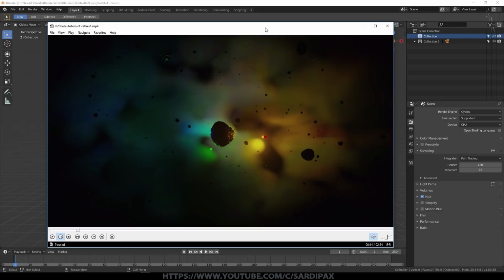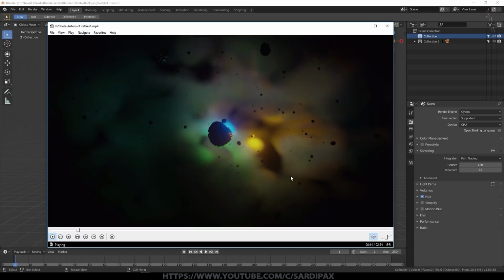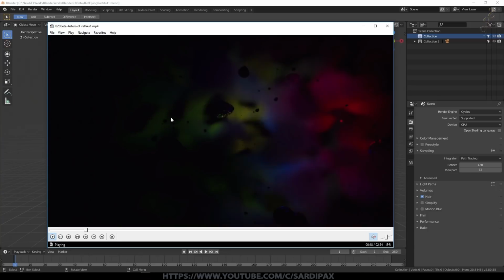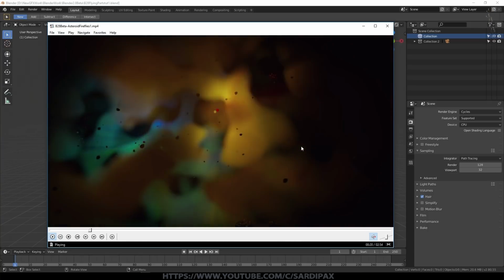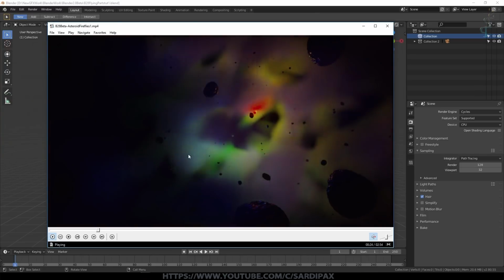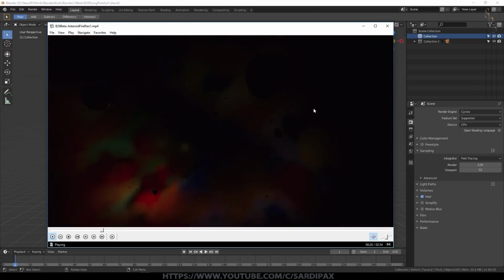Hi there. In this Blender 2.8 tutorial, I'm going to use the Eevee renderer to create a scene something like this. So we've got a number of things going on here. We've clearly got some volumetrics here, some volumetrics that's not homogeneous, there's holes in it, so to speak. We've got what you might call asteroids or rocks floating around.